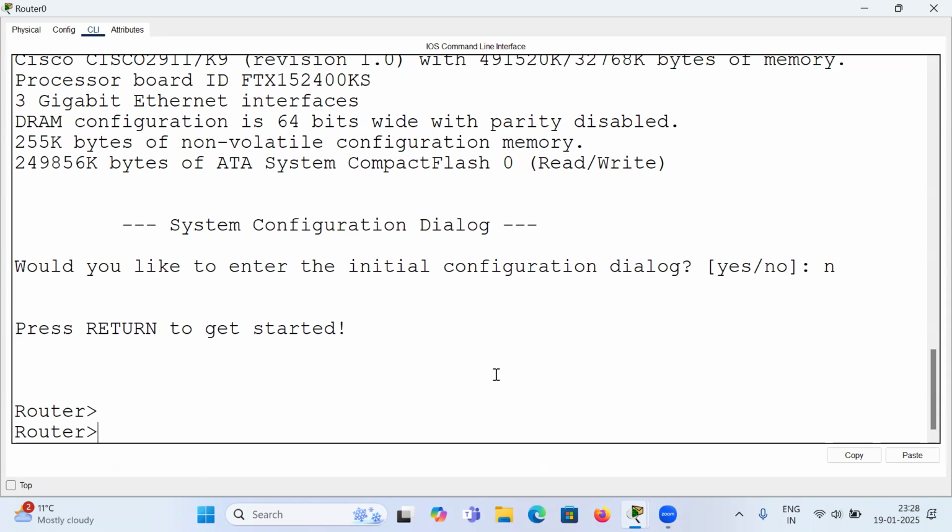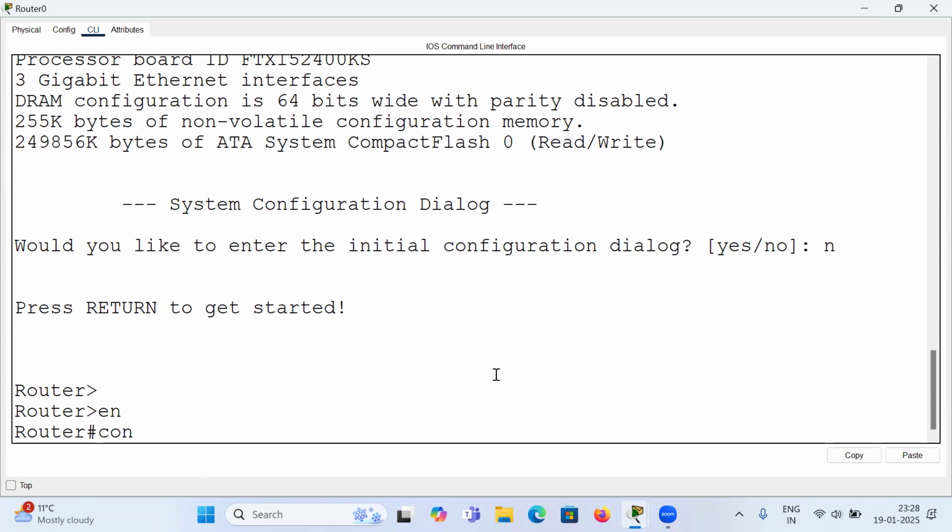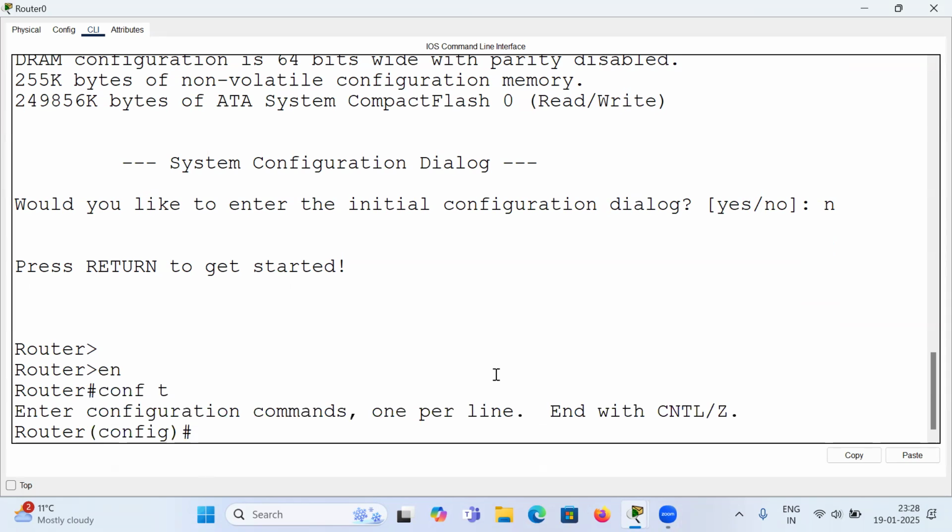is creating any user, how much length the password should be. So I will show you how we can enforce this password policy on the router. So first of all, we need to configure one command, that is